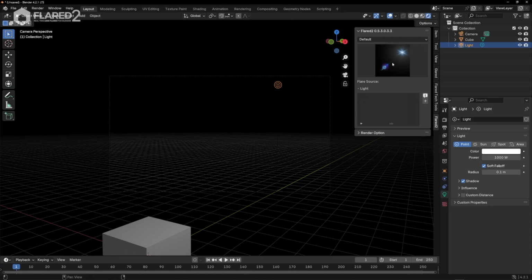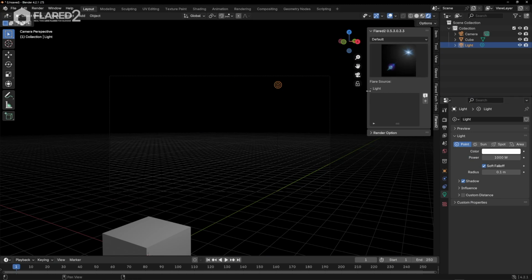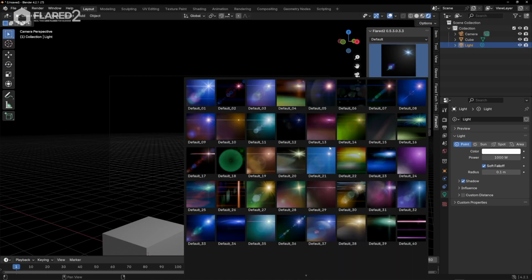Hi, this is a quick lesson of experiments with Flared2. For those who are already familiar with Flared, the user interface has remained more or less the same. The steps to get the flare are very simple. Select a light source, such as a light, a cube or an empty, then select a preset to use as a